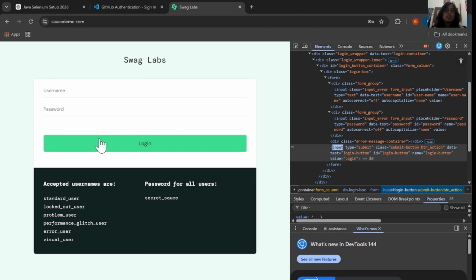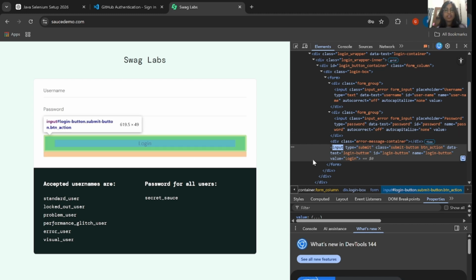We always make sure that we identify a unique identifier. As you can see, all these three inputs have the same tag name.